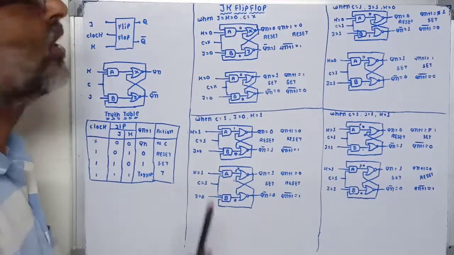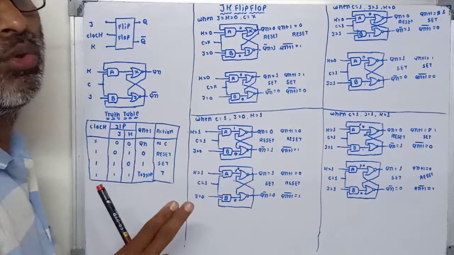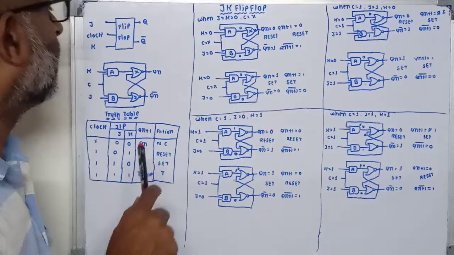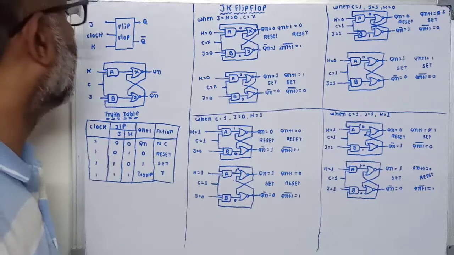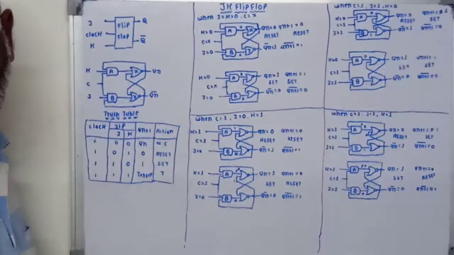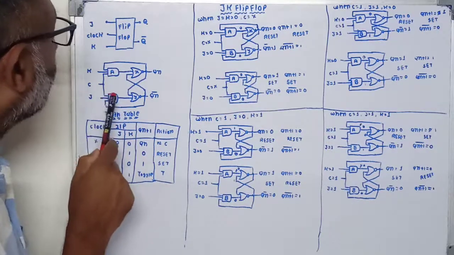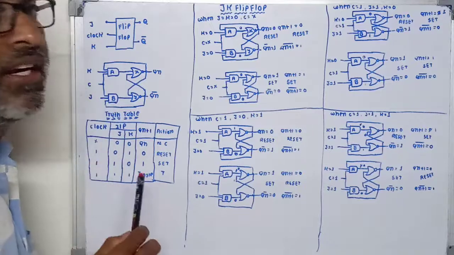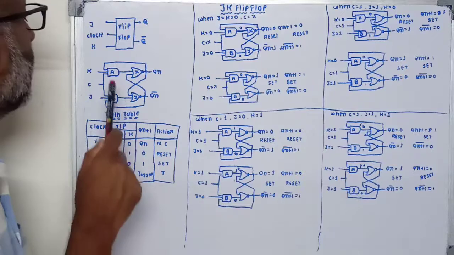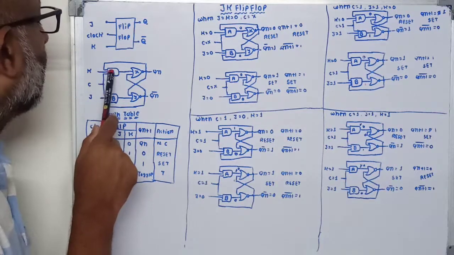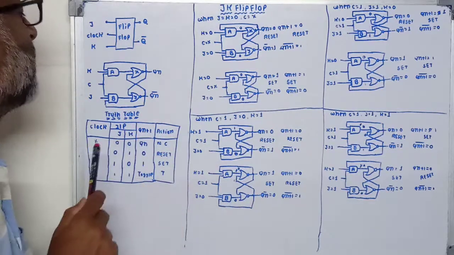Now the JK flip-flop can be made by using 3-input AND gates, 2 of them, connected to the SR flip-flop or RS flip-flop. Here it is most important that one terminal of both AND gates A and B are connected together, which is connected to the clock signal. Another terminal of A and B is used for the inputs J and K respectively.